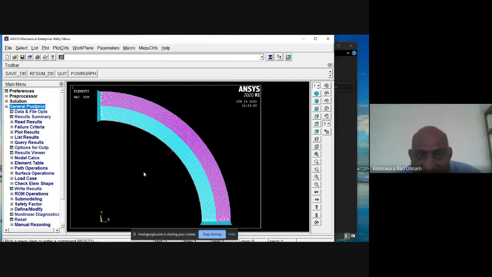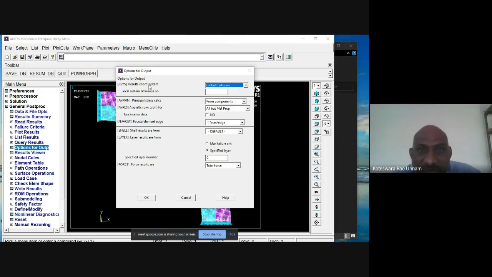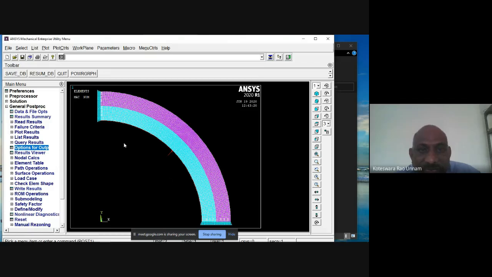To do that, we use the options for output. Under that, the result coordinate system default is global Cartesian. Now I'll change this to cylindrical, so whatever results I extract will be displayed in the cylindrical coordinate system.